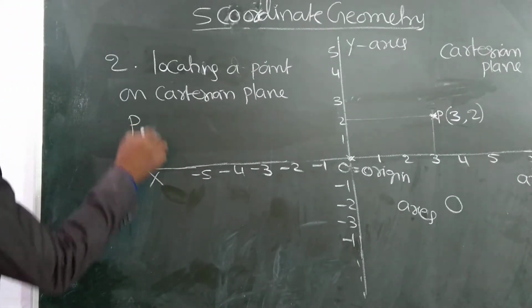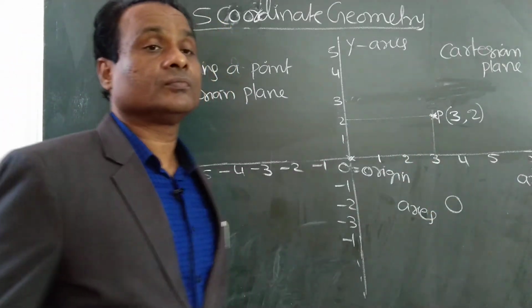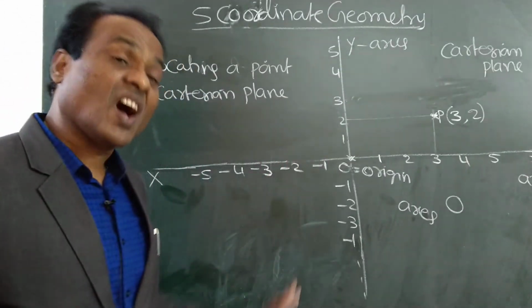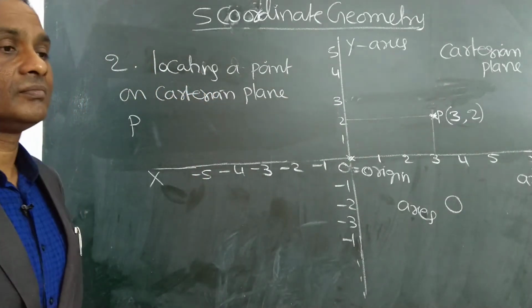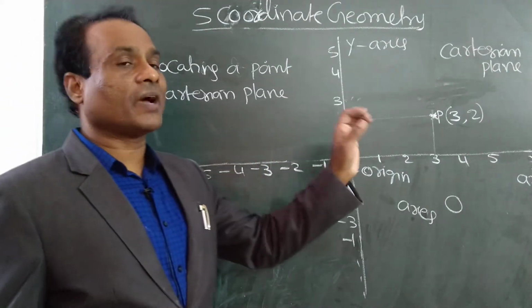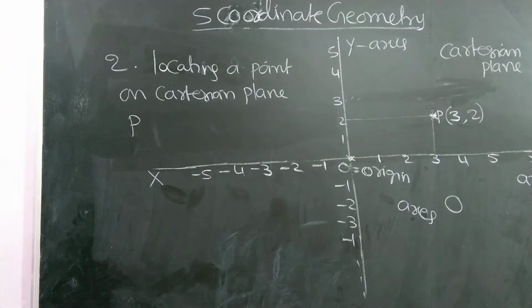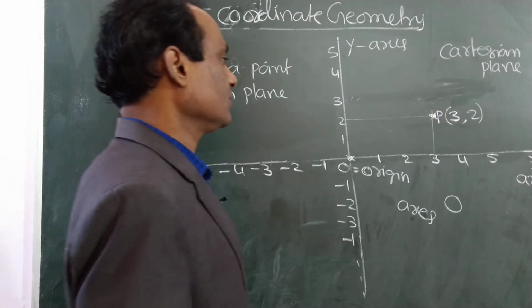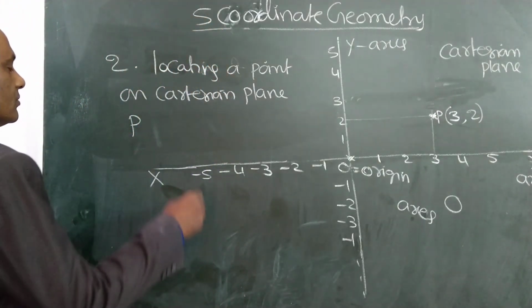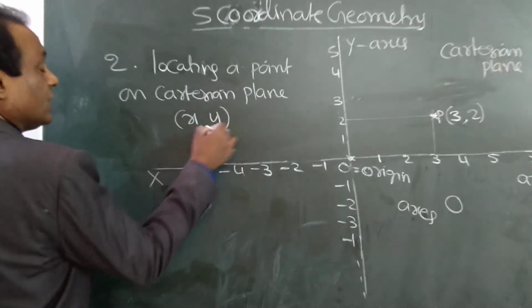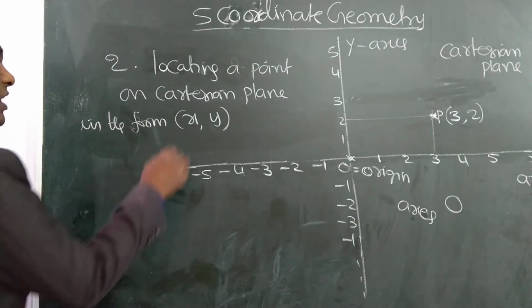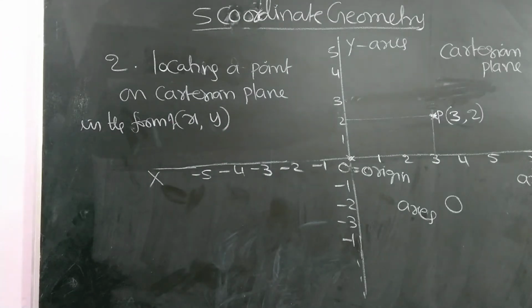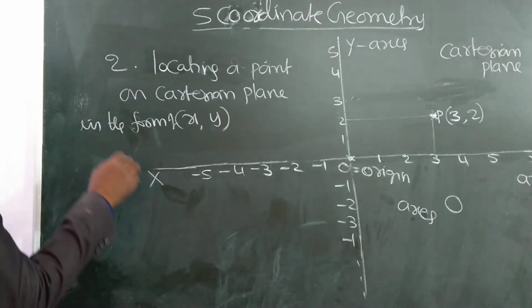Any point P on the Cartesian plane is represented by two coordinates, in the form of (x, y), where